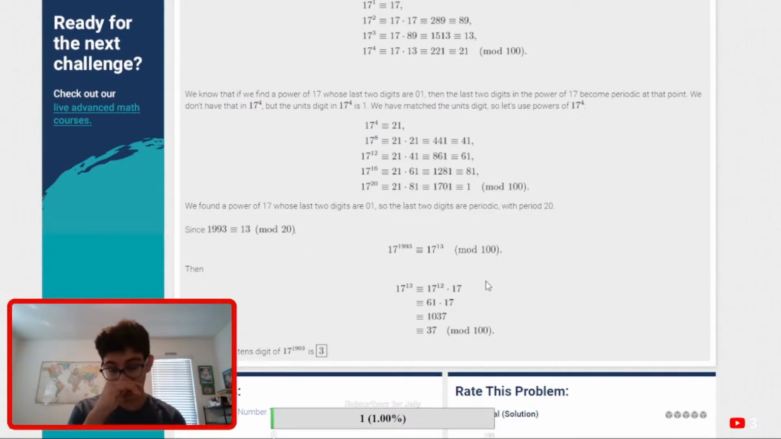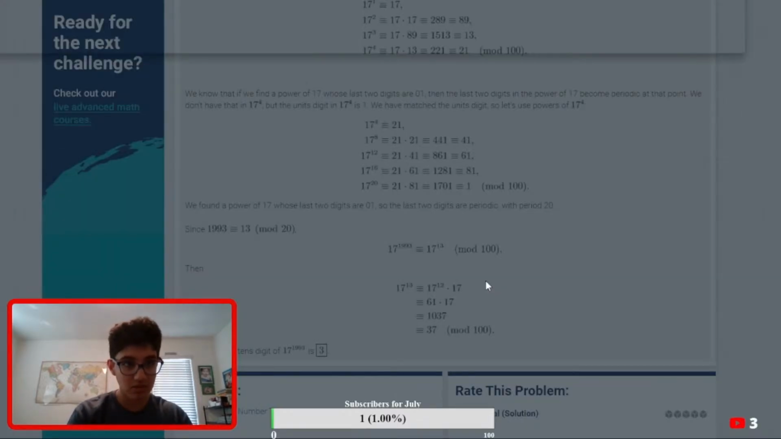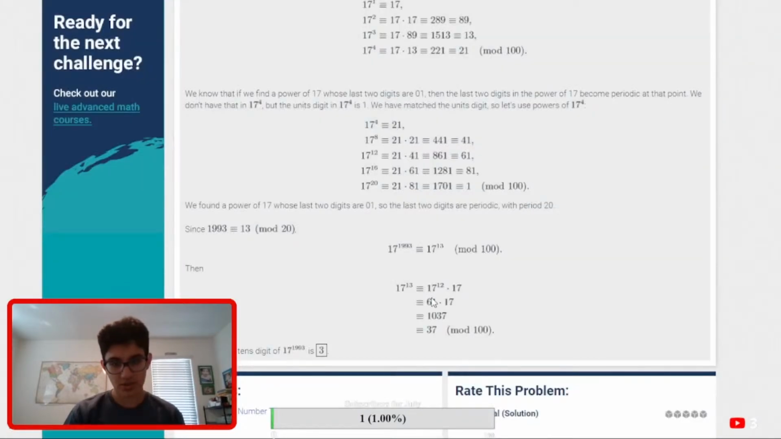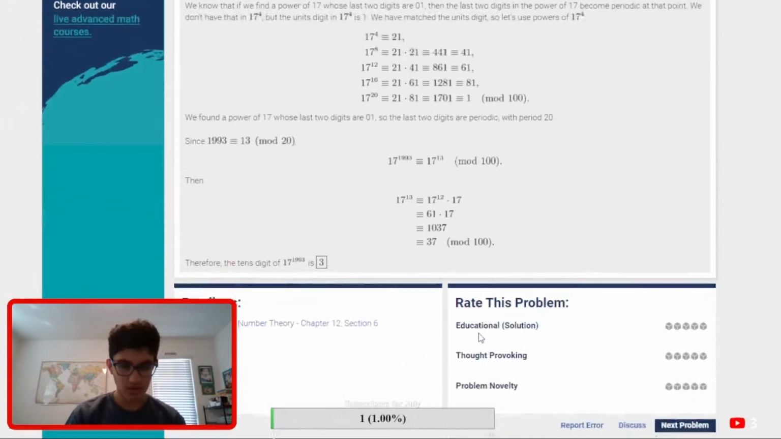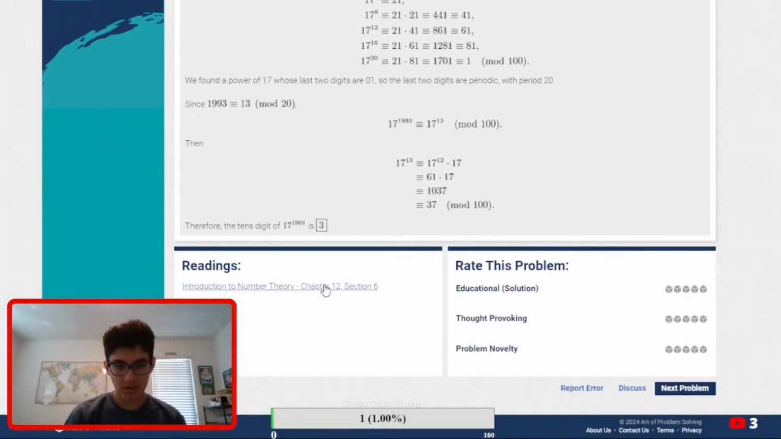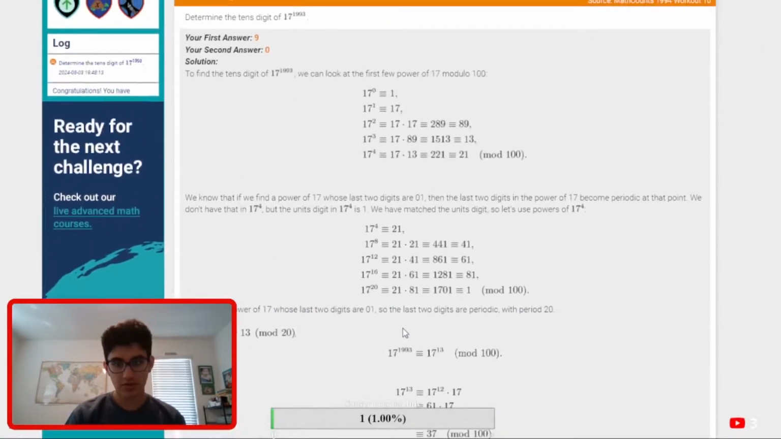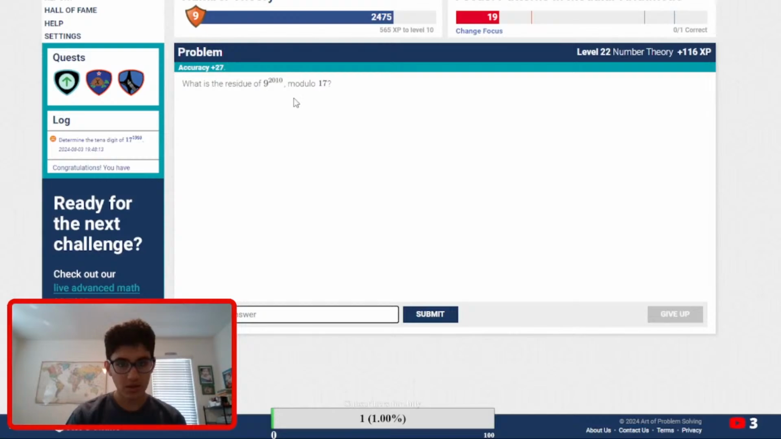Let me just see what that is. Yeah, they did 21 cubed, which gave them 9261. So 61, then times 17, and then okay. That's good then. So okay, in the future we can do that. What is the residue of this modulo 17? Okay,